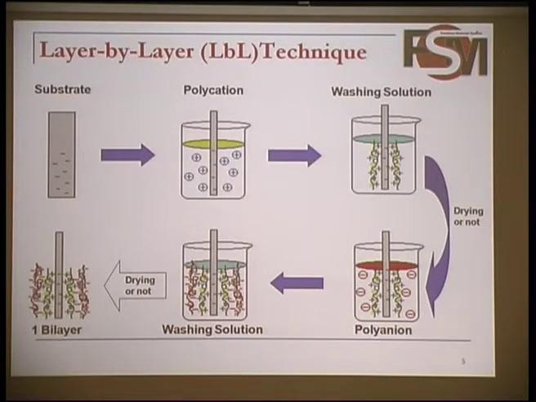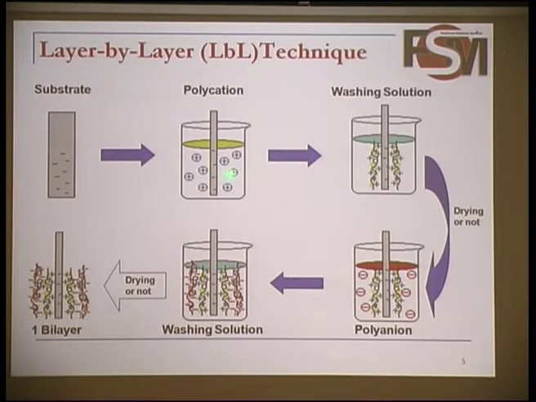For this technique, to prepare one type of film, we need to have a polyelectrolyte solution, or a cationic solution, and start adsorbing the molecules of the polycation solution onto the support. This is the example, and after that